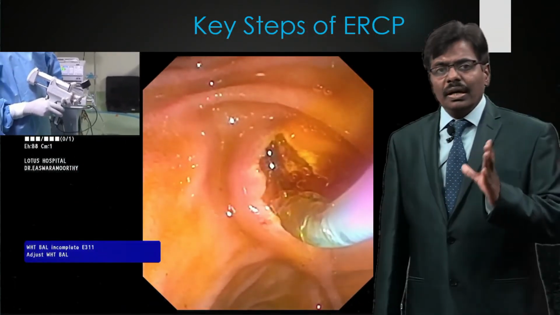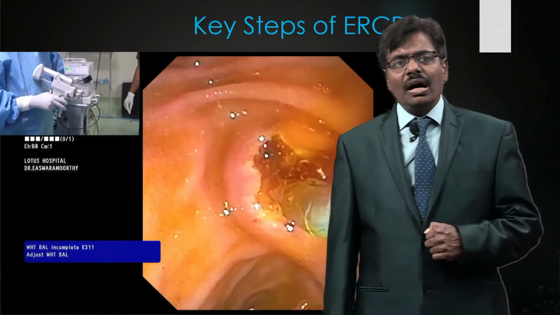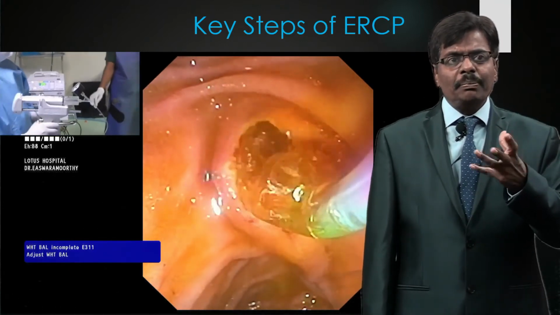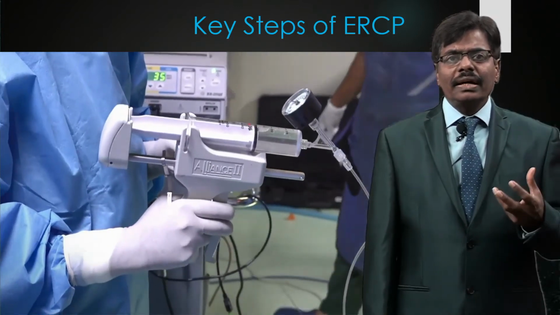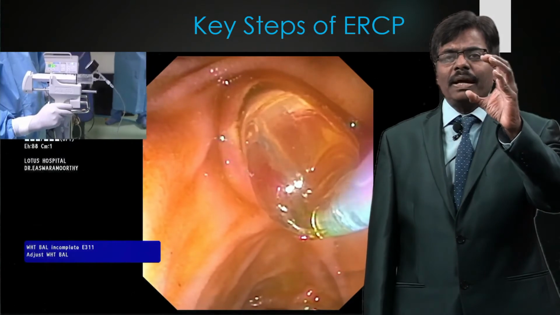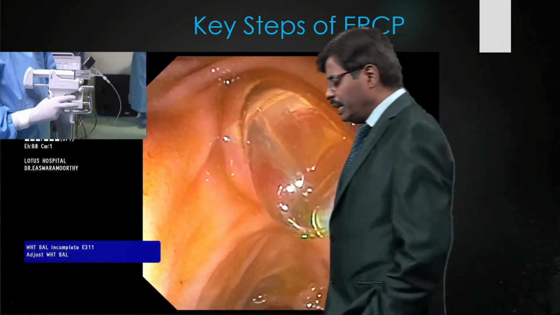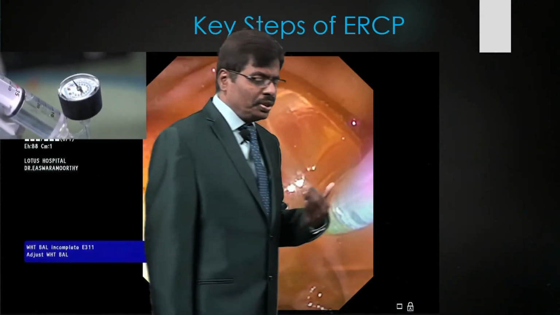So as you can see, the CRE balloon is just in, and I am asking my staff, as you can see, to watch her hand. She is going to do it like a pistol hand. So this is inflated with the saline, and gradually a controlled radial, circumferential expansion, stretching it. So this is the best way, and the people were saying it has theoretically an increased risk of post-ERCP